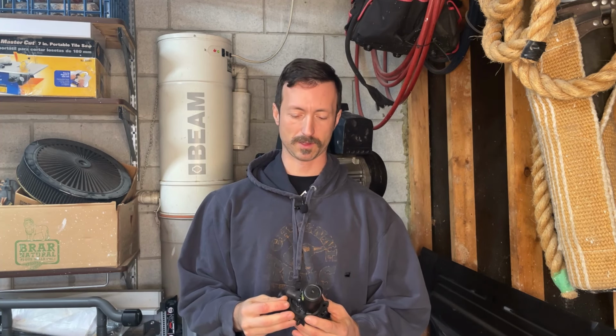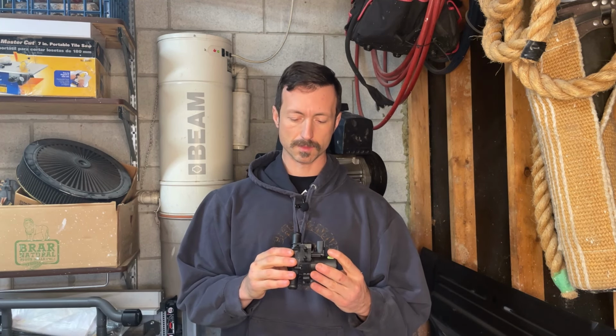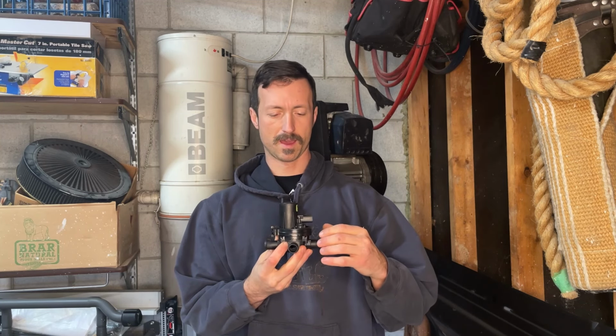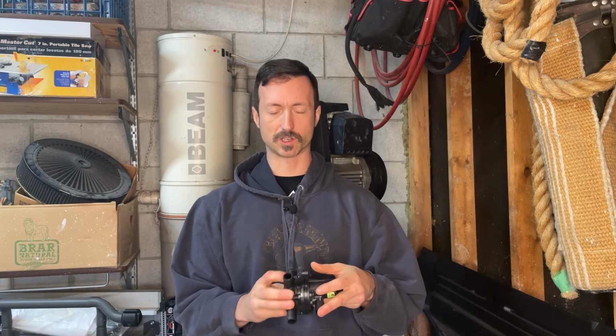I'm going to show you guys how to replace this valve. It's a common problem with these trucks. Essentially this valve, as you can see, controls the direction of the coolant between the heater core and the transmission, I believe, to help everything warm up and get to optimal temperatures faster. So when it fails, it fails in the open position. It doesn't necessarily affect the operation of the truck itself, but